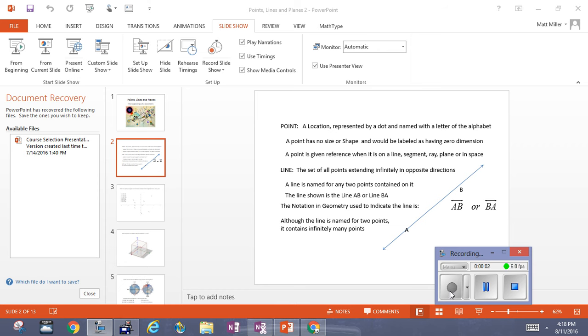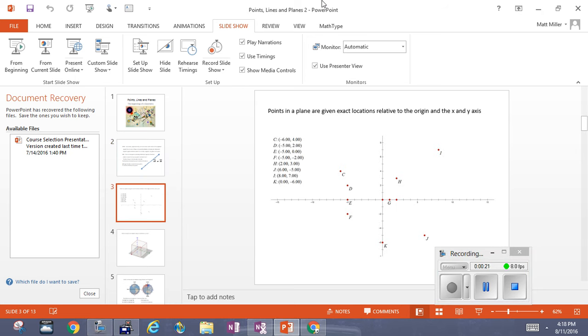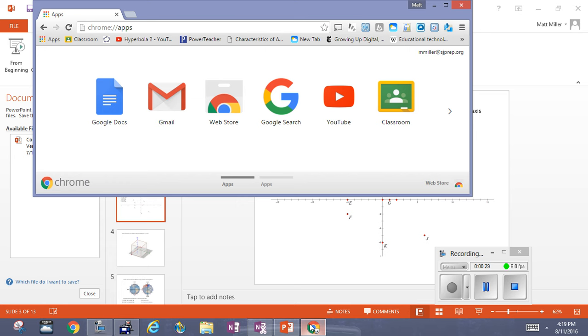Alright, now, as we've already defined it, a point is a location represented by a dot, named with a letter of an alphabet. A point has no size or shape and would be labeled as having 0 dimensions. We also saw that the location of a point can easily be determined by the coordinate system in X and Y. So now what we want to do is look at those issues in